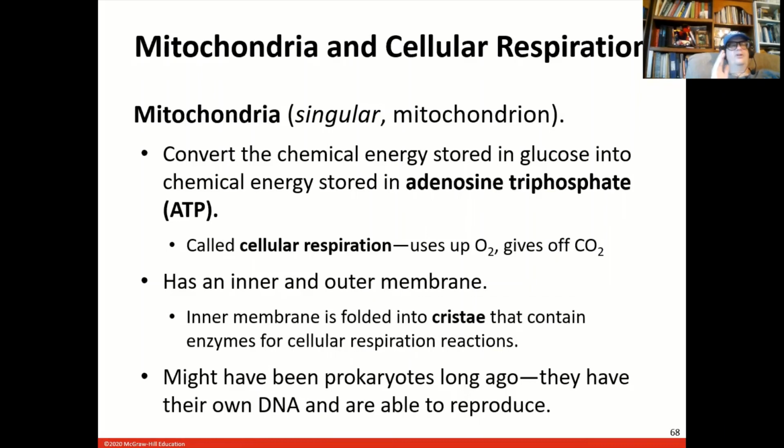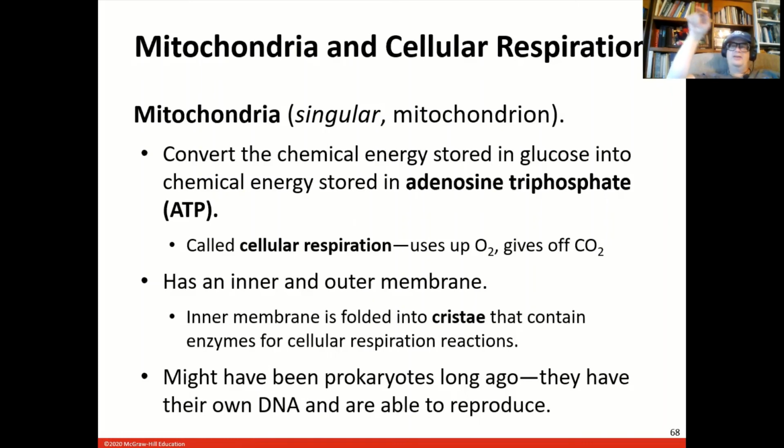Your cell runs on ATP, adenosine triphosphate. And you may have glucose in the body. Yeah, glucose is an energy source, but it's not what most of the cell runs on. It runs on ATP. So where am I going with this? Easy. That coal, if someone gave me a lump of coal and I can't use it,